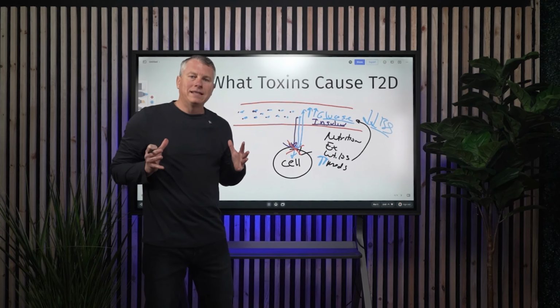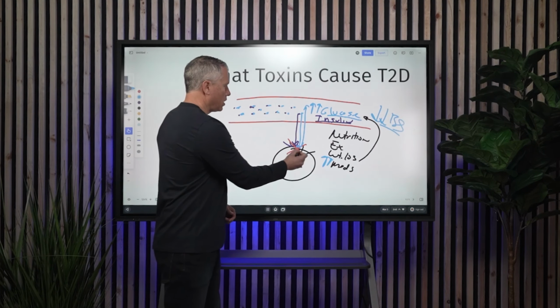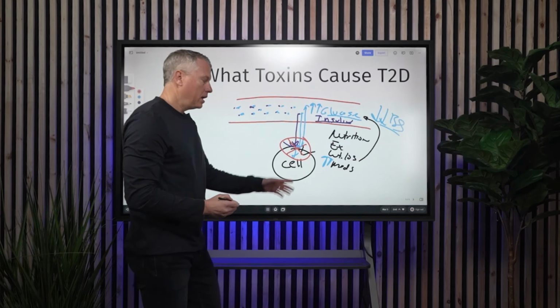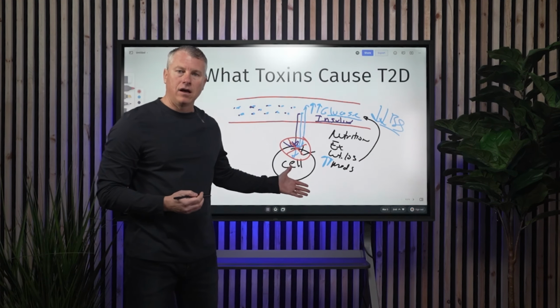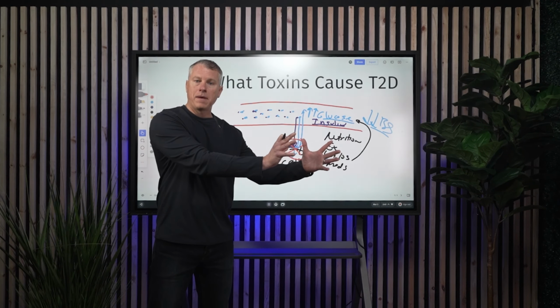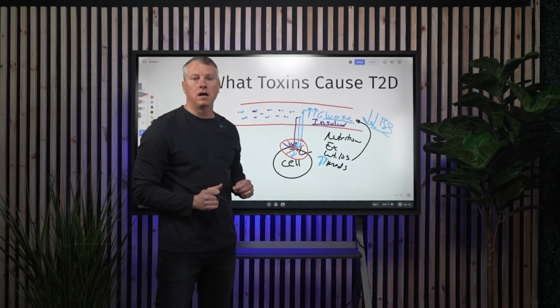So what we try to identify is what specific problems or causes we are addressing here. Why is this problem happening and stopping the ability for your cells to receive the sugars? That's what our focus is. If you want to learn more about some other mechanisms, make sure you watch one of our previous videos. But today we're going to focus on toxins.